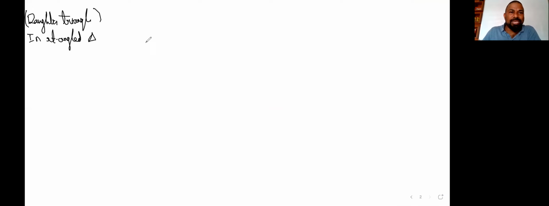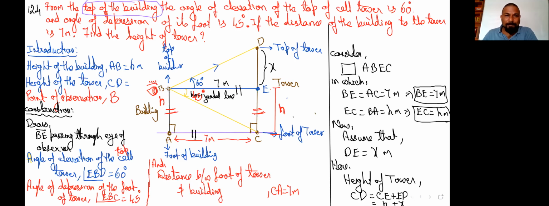What is the triangle I am taking? If you check it out, I am taking a triangle which looks like this from the figure. I'm taking BEC. If you check it out, guys, this is the triangle I have drawn. That is nothing but our daughter triangle. First, let me use that one. So I'm going there, BEC.